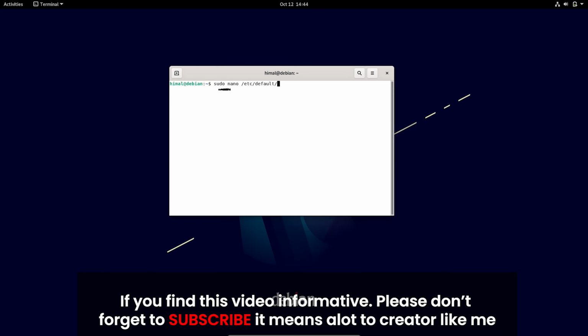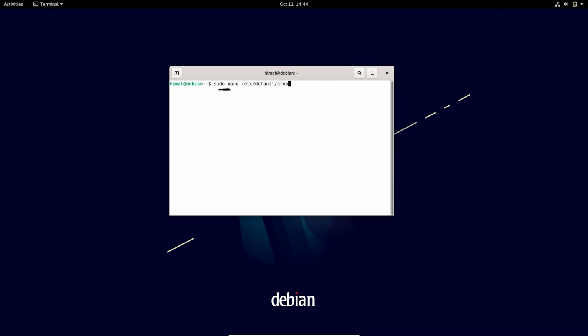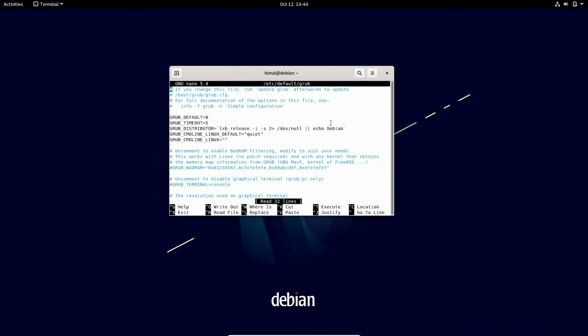Default grub. So you just need to press enter and type your user password. So this is the grub config file. So we need to set the grub timeout to 0. So down here you can find the grub timeout. So just set it to 0, and after that